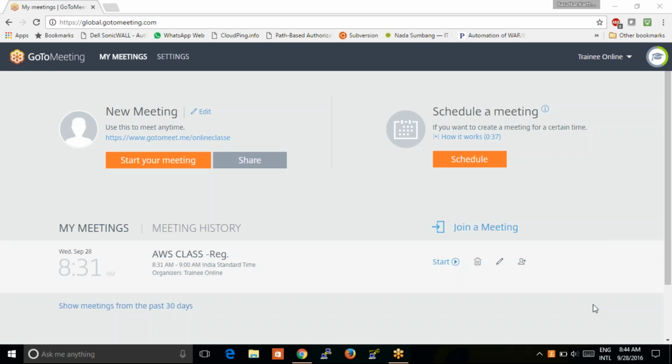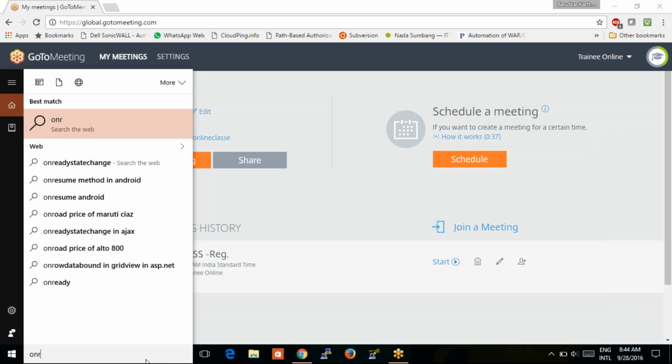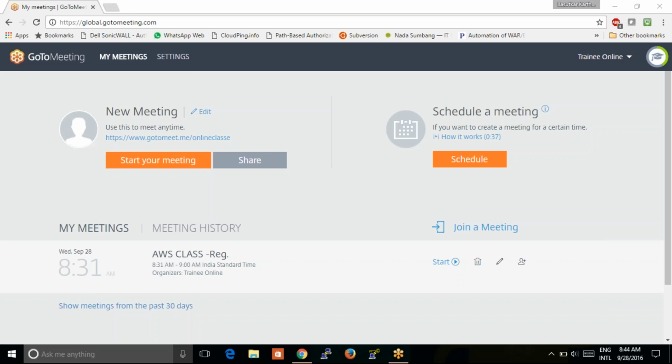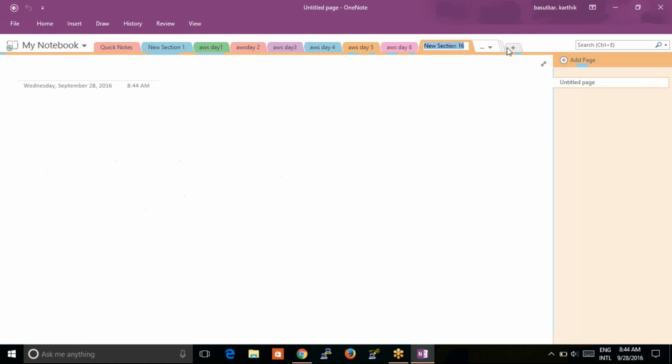Okay guys, today's topic we are going to discuss is AWS IAM. IAM stands for Identity and Access Management. The service is used to manage the users of Amazon Web Services. Here we can create standard users